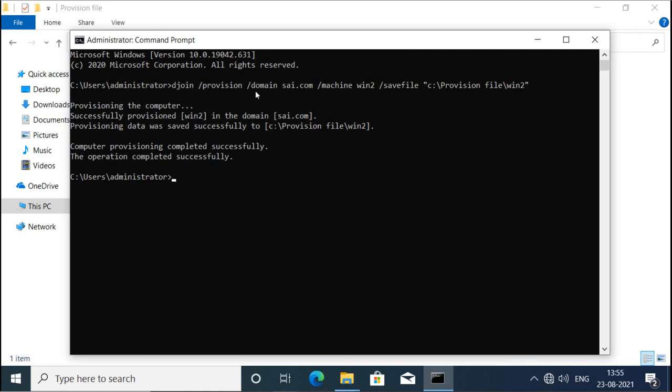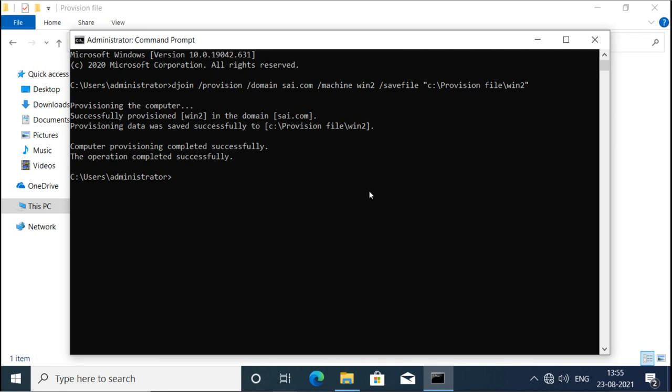So we run this command, djoin /provision, domain name, machine name will be the new machine name, the machine which we are trying to join, and the save file. We are saving the file under this directory, and the file name will be win2. We can give any file name.